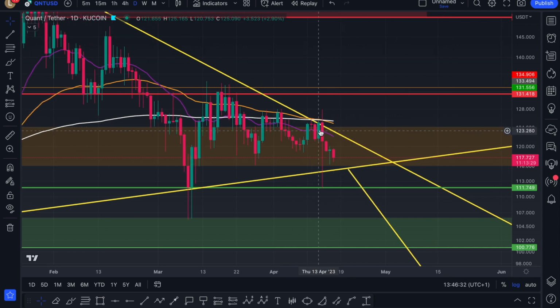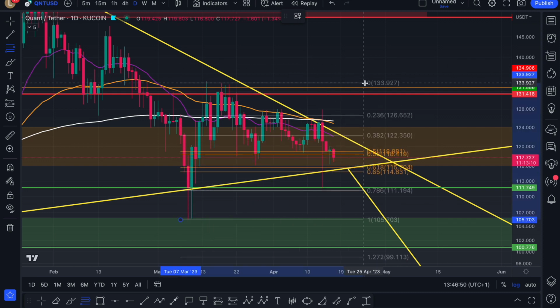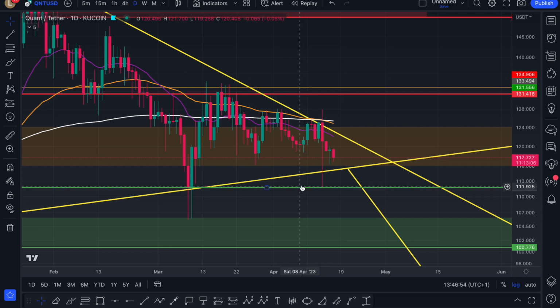candle over here, I was looking for a breakout because it's actually bullish data for the cryptos. And then we did actually form a bullish engulfing candle over here that broke us out. And then we had a little bit of a pump over here. Luckily enough, in that same update, I said, if this actually goes down and we lose, let me just show you. I said if this actually goes down and loses this golden pocket over here, then we would be looking for